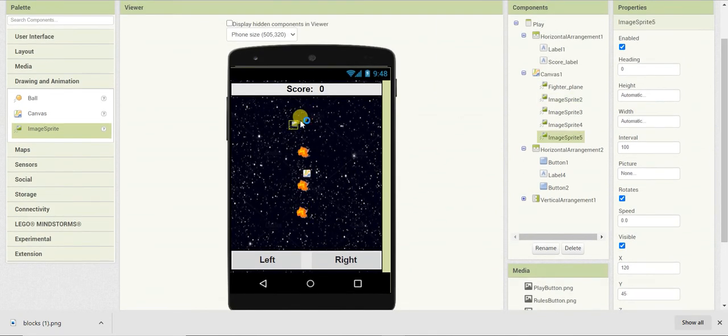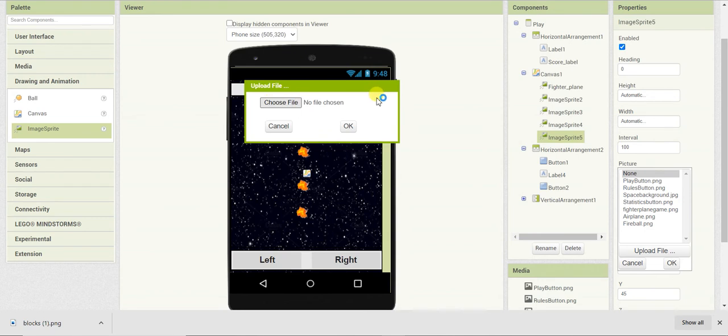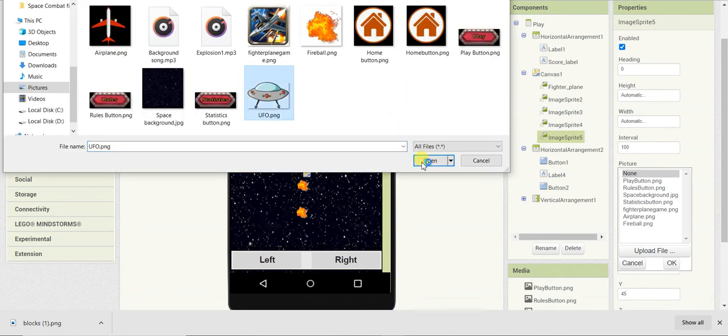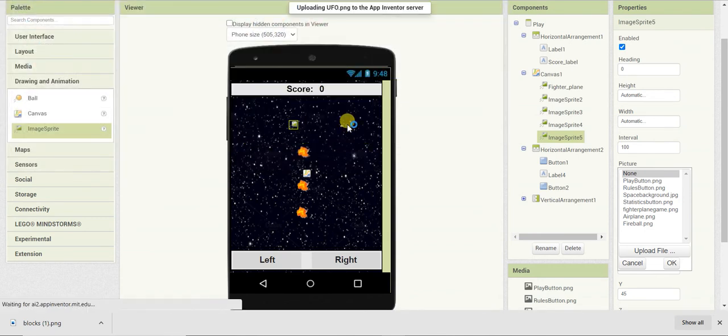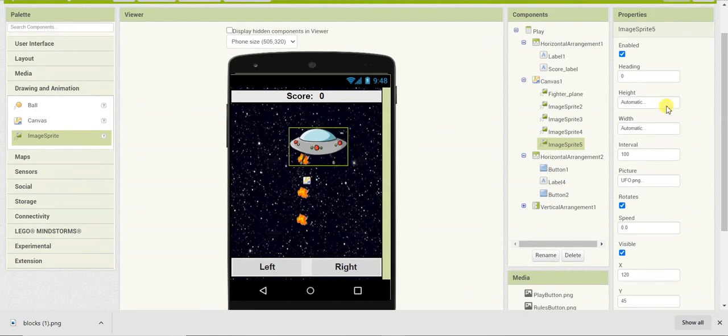Now we'll add the final main UFO here. So I'll upload the file. And for the UFO we will give the height and width as 50 pixels each.